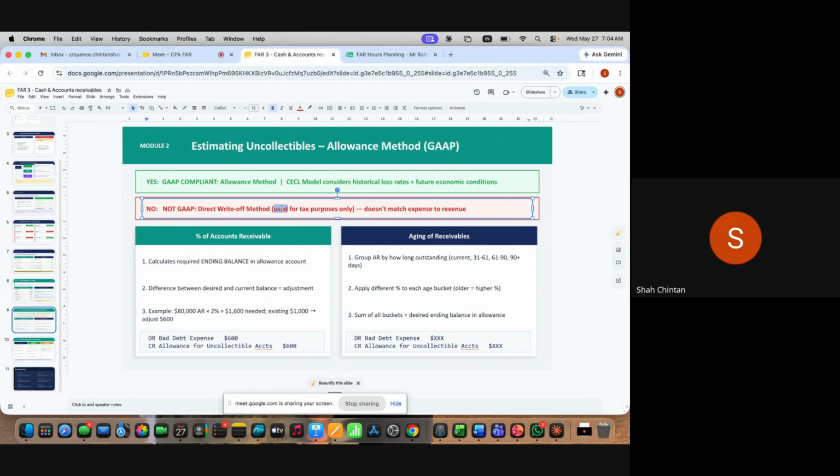It's a direct write-off method, not allowed, should never be used for the books of account purpose. अब CCL क्या बोलता है, which is your current expected credit loss, bad debt allowance method. ये बोलता है कि